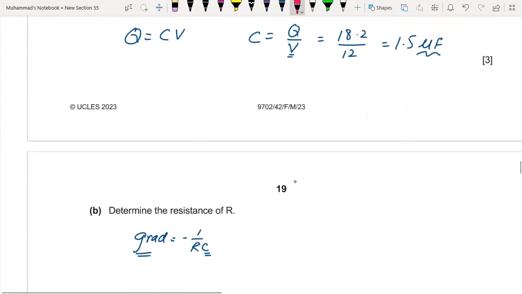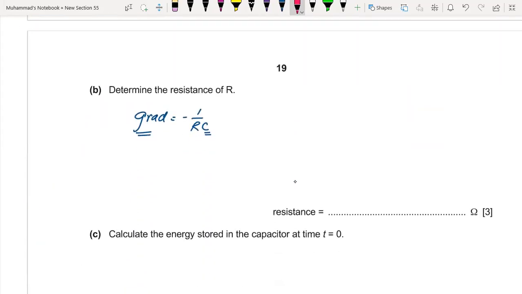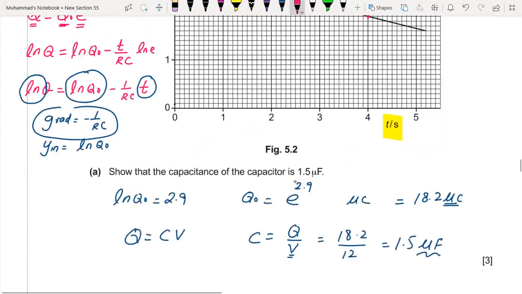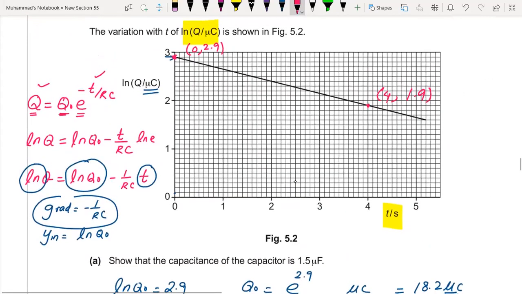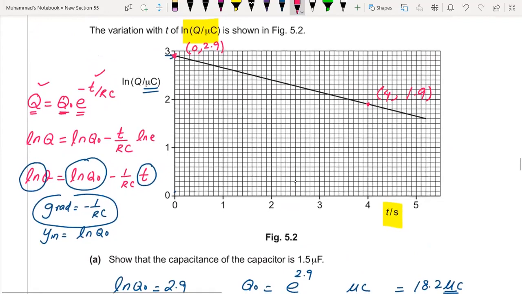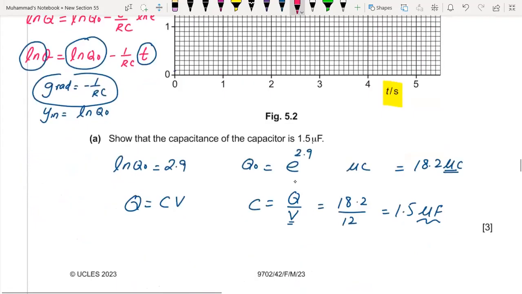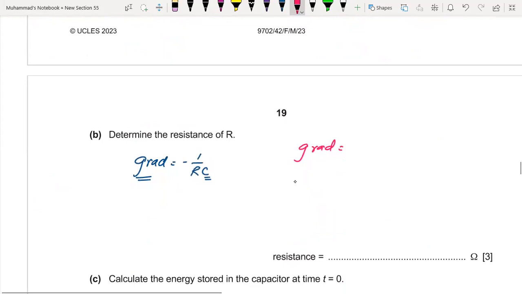So the gradient is 2.9 minus 1.9 over 0 minus 4. So you can find the gradient, that would be 0.25. Okay, so put that gradient over here: minus 0.25 is equal to minus 1 over R, and C is